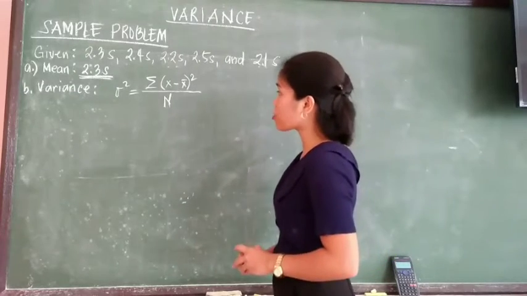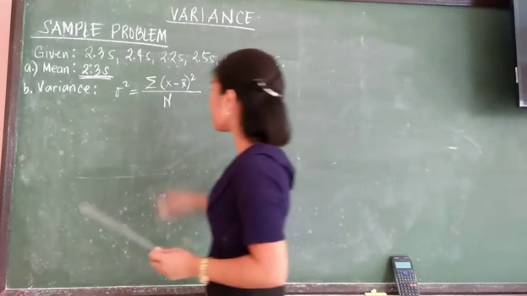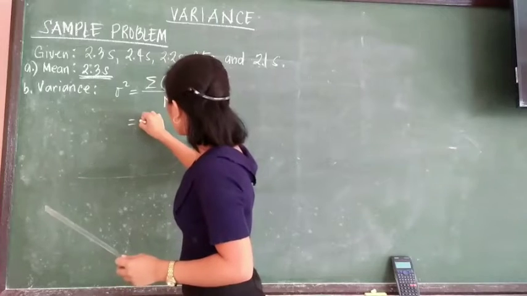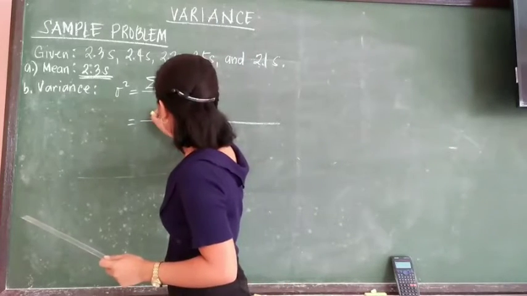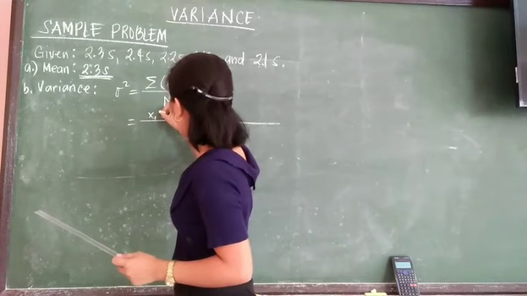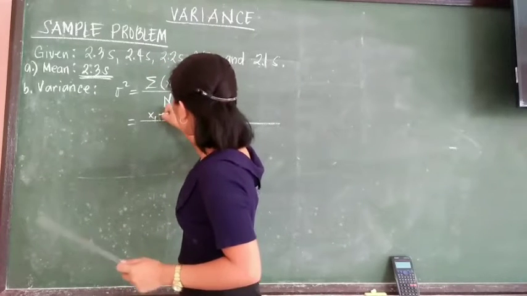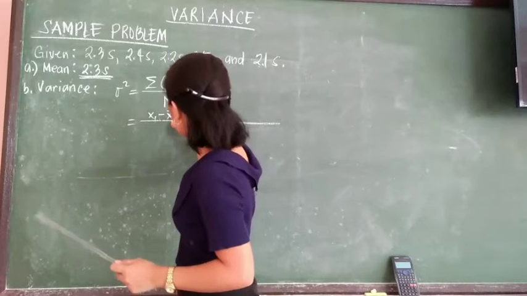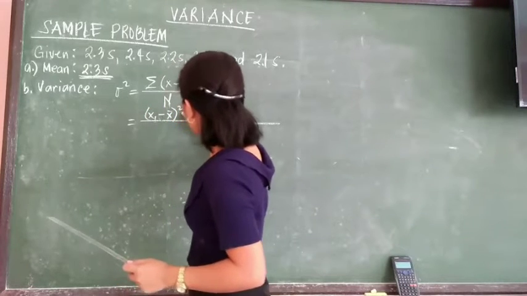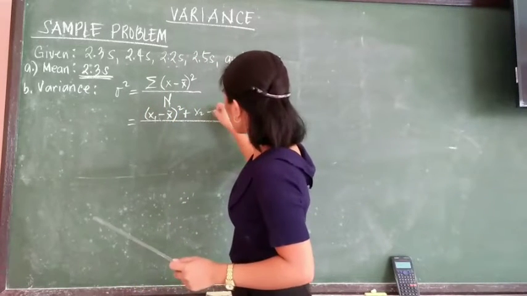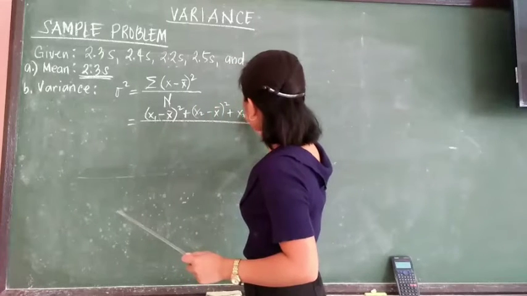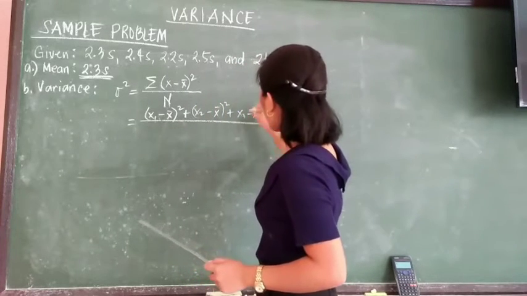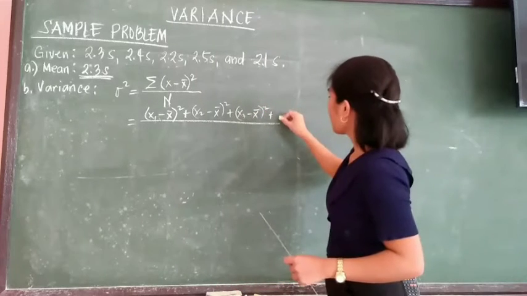Instead of writing summation of the square of x minus x bar, we will write it this way: x sub 1 minus x bar squared plus x sub 2 minus x bar squared plus x sub 3 minus x bar squared plus x sub